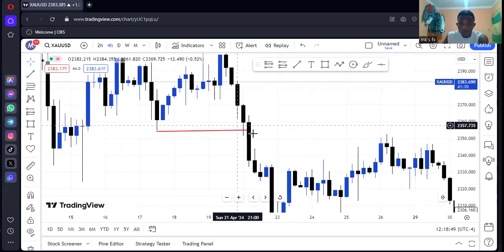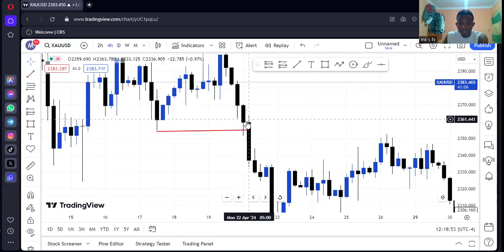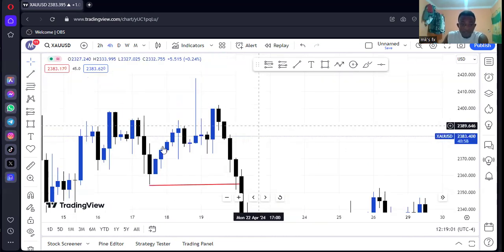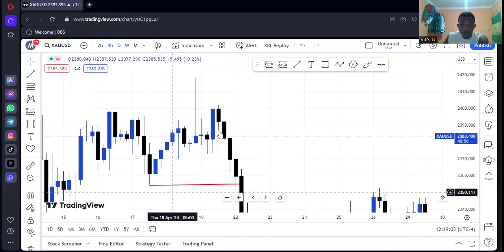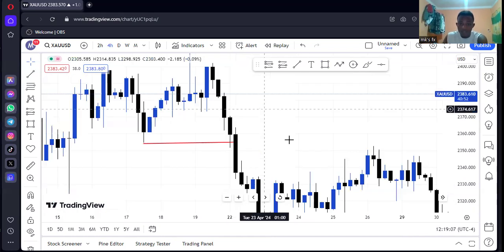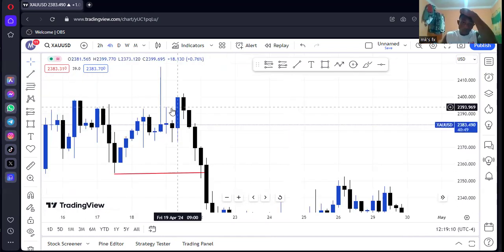Take, for example, this one, right? This 1, 2, 3, you see, the market here is balanced because this candlestick and this other one are connected, you see. So there is nothing that the market is going to respect from here. So definitely, after this change of character, the market was to come back here and retest this before selling back to the downside. That is what I have for the past information.